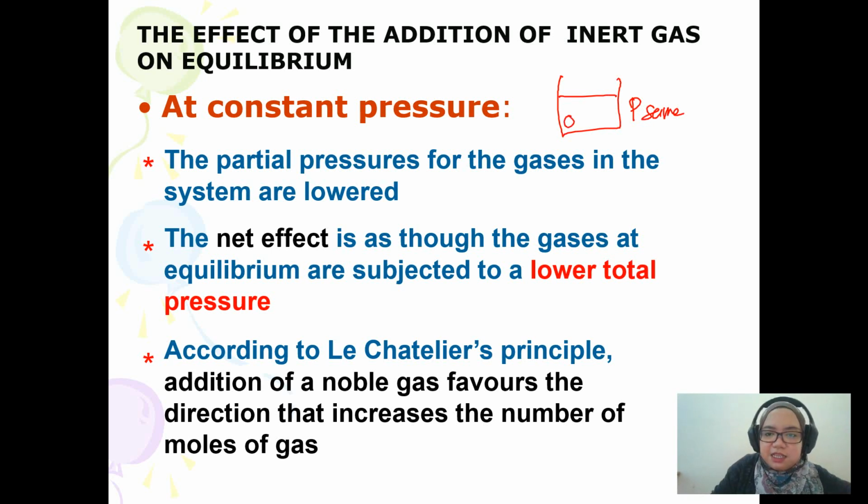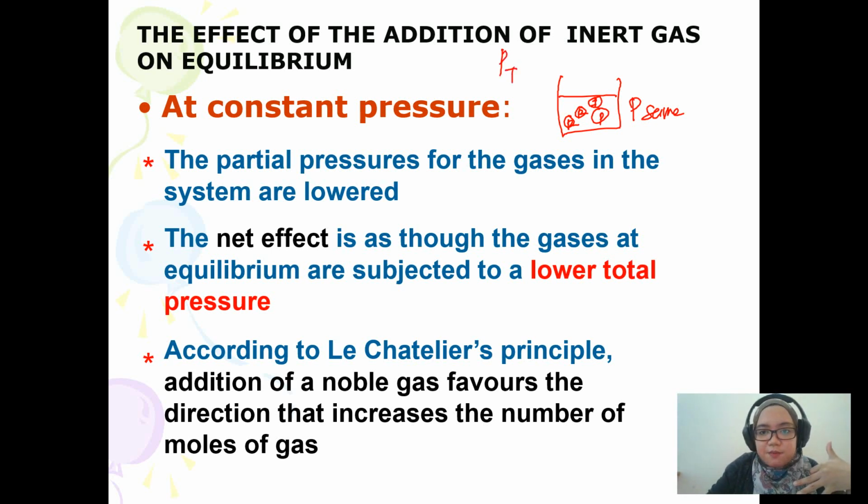Katakanlah kita ada gas kat sini, 2 gas kat sini. Okey. Ini reactant, ni produk. Okey. Kita ada partial pressure lah. Okey. So, bila kita add more inert gas kat sini, inert gas, pada pressure yang sama. So, maksudnya,